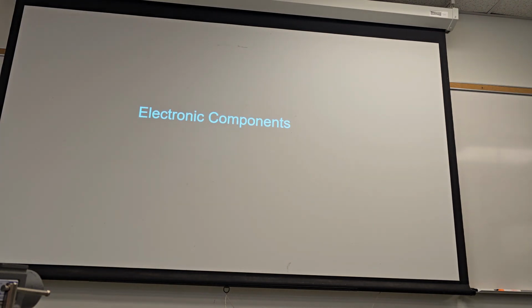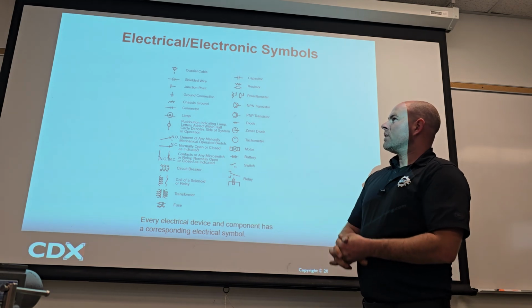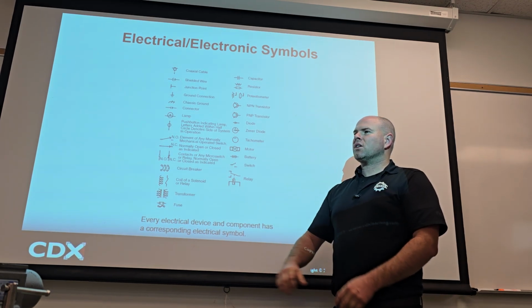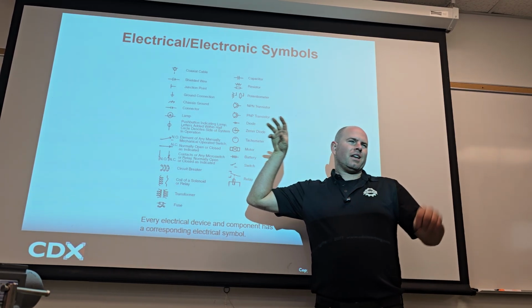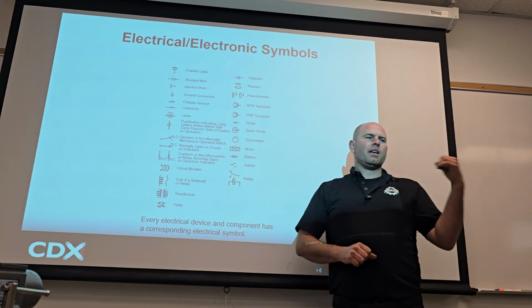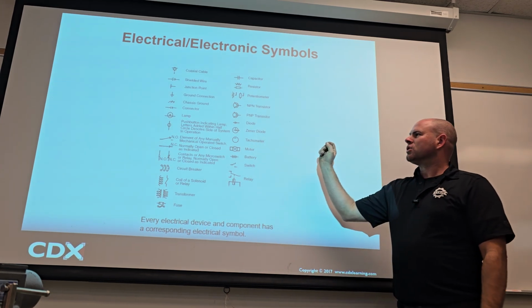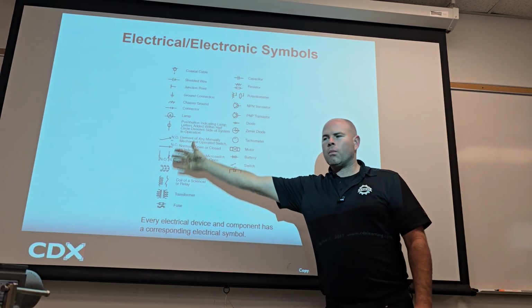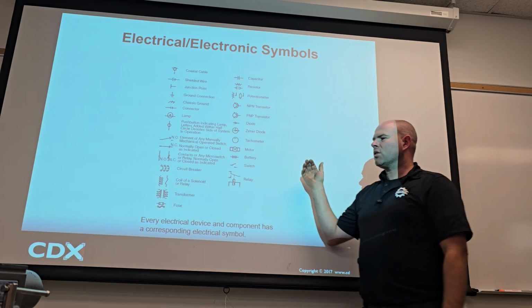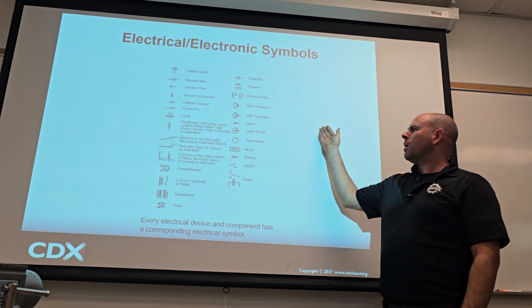All right, so you guys, part two, electronic components. So the main difference, like we've already discussed a bit, is these are low current, kind of computerized type of components. So if you had a relay in electrical, in electronics it'd more be like a transistor. So if you look, here's a whole bunch of different symbols. You don't have to remember every single symbol, but some of the more common ones would be like